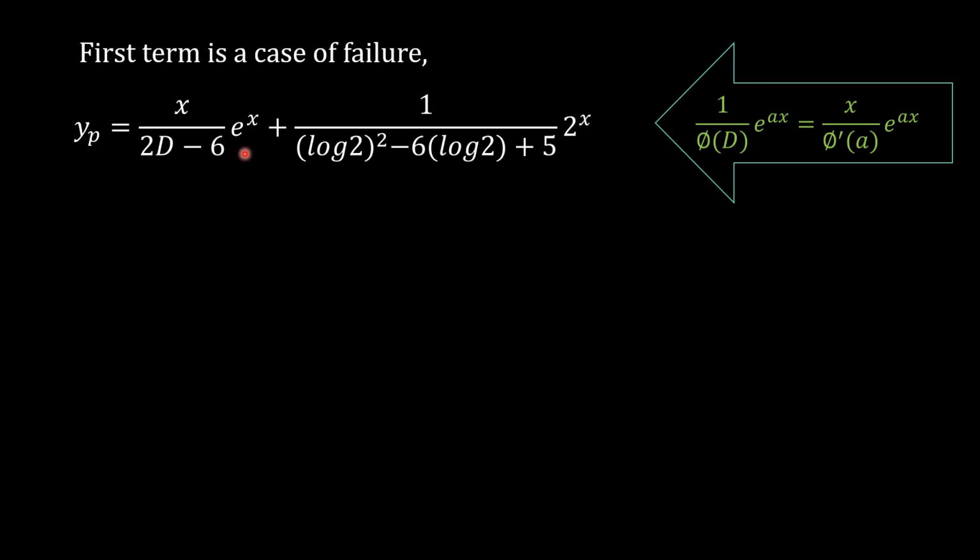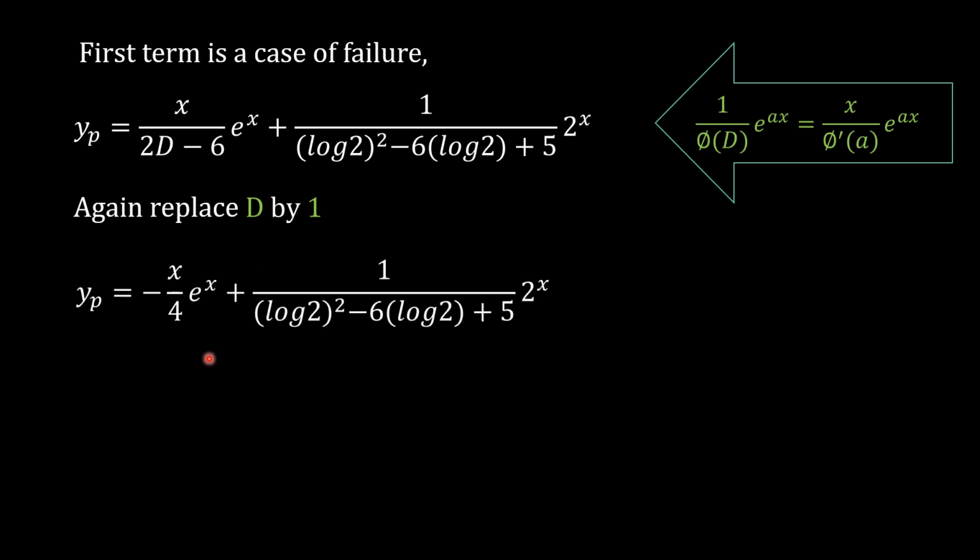Again, as it is an exponential function, replace here d by the coefficient of x, which is 1 in this case. So replace d by 1, that will give us 2 minus 6 is minus 4. So yp equal to minus x upon 4 e raised to x plus 1 upon (log 2) square minus 6 log 2 plus 5 of 2 raised to x. See, as we got a non-zero denominator in the second term, this is our particular integral,